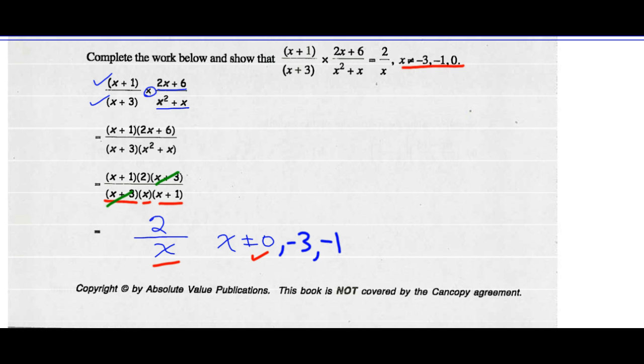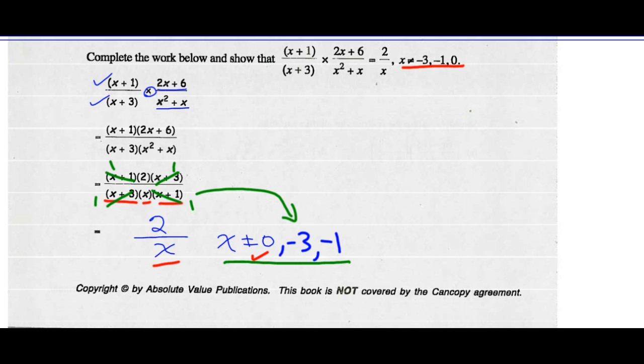Now I can get rid of my x plus 3s, they reduce to 1. Now I can get rid of my x plus 1s, they reduce to 1. So before I reduce any denominators that have variables, I should state my non-permissible values. All right, so this is our correct answer. Those are the correct non-permissible values. Okay,